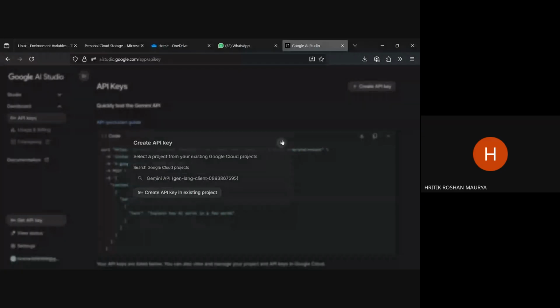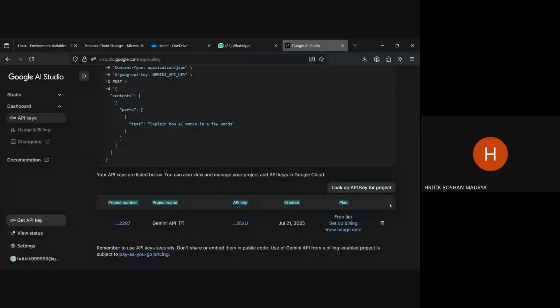One API key is already created here. I am currently using the free tier. The Gemini API key is free of cost, and that is why I am showing you. Okay, so I will copy this